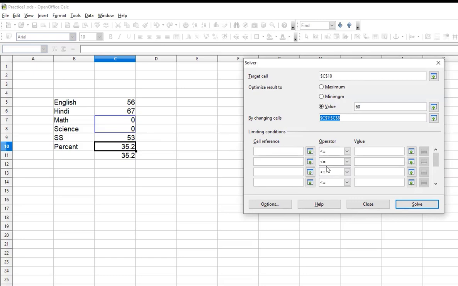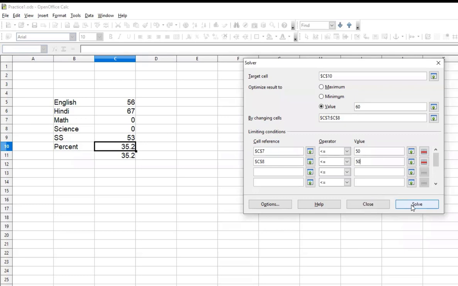What are the conditions you want to limit? See, what will happen is, this is working on assumption, so it may not give you exactly the same. So you can specify the limiting conditions over here. Say, for example, this particular cell should be less than 50. It should not go beyond 50. I want to change this particular cell and keep it less than 50. And I want to change this particular cell and keep it less than 50.